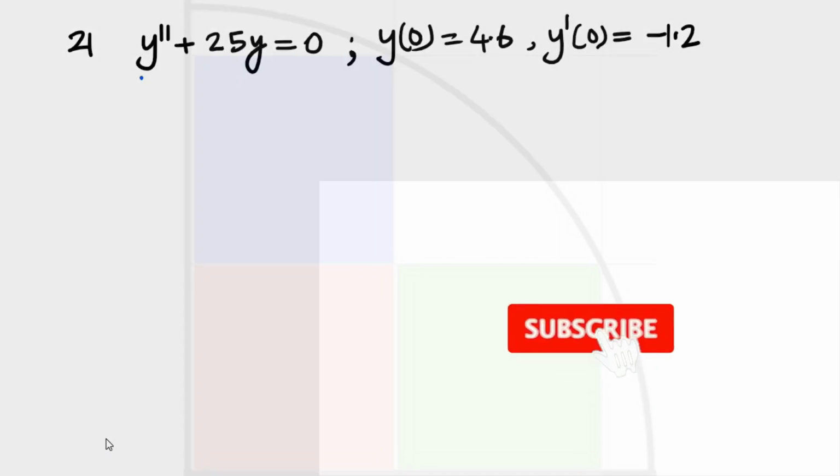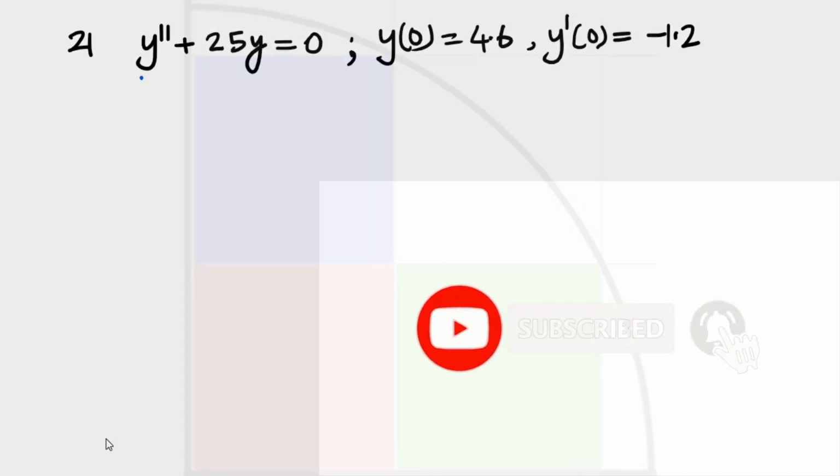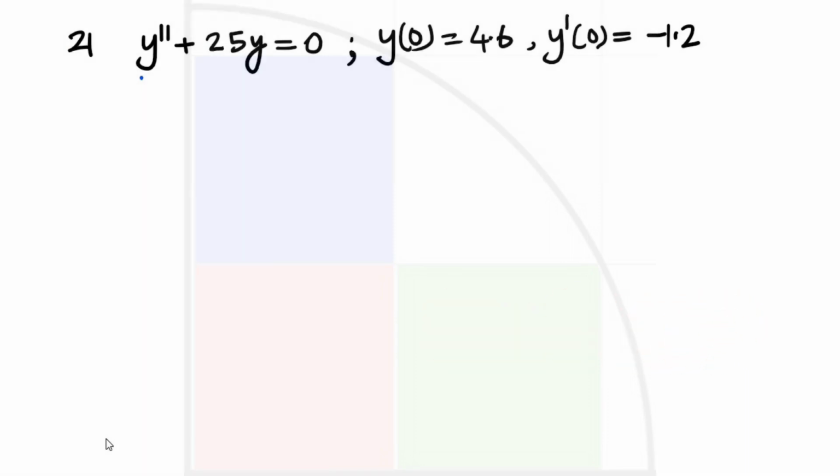In all of them, as regular, we will first be forming or establishing an auxiliary equation, and then on the basis of that we will get our solution with the two constants, and then using the initial value problem we will try to find out the value of those two constants. The auxiliary equation will be D square plus 25 is equal to 0, and